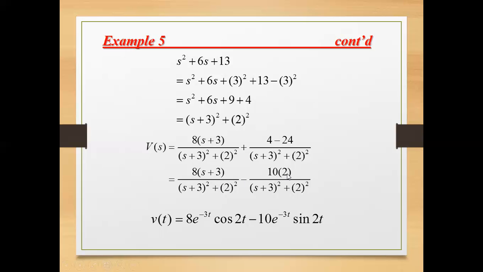But notice, class, again, your form of the function of s should be recognizable in terms of the Laplace transform of the common function in the table. If this is omega, your numerator should contain a constant, and that constant should also be omega. So if this is a 2 squared, there should be a 2 also. So since you have a 20, you need to factor the 20. That way you can set aside the 2. What remains is the 10.